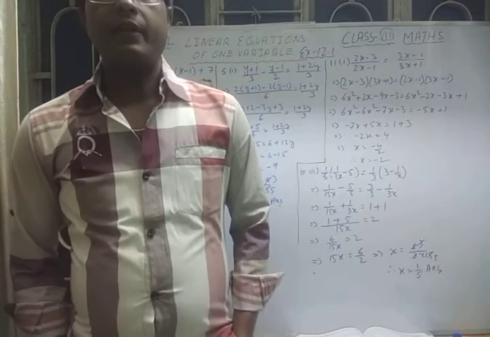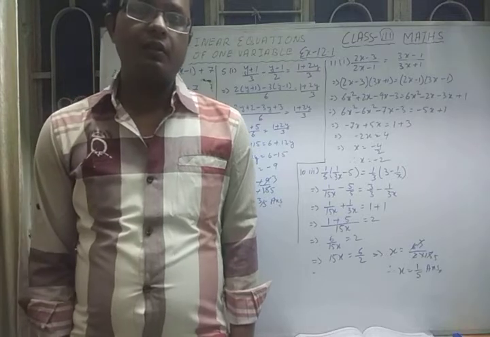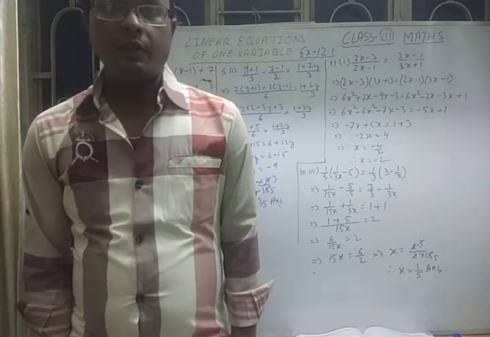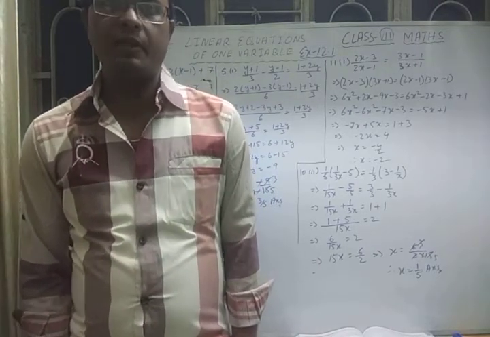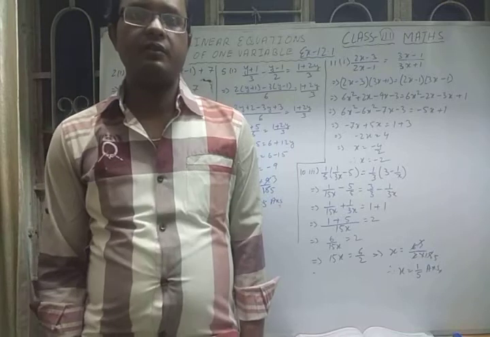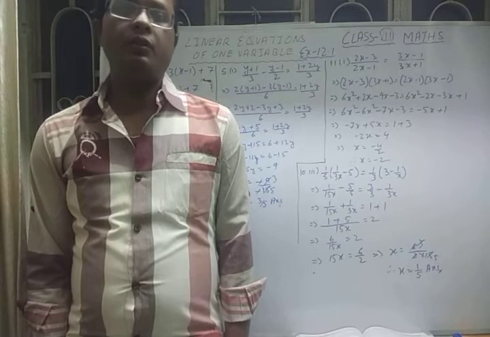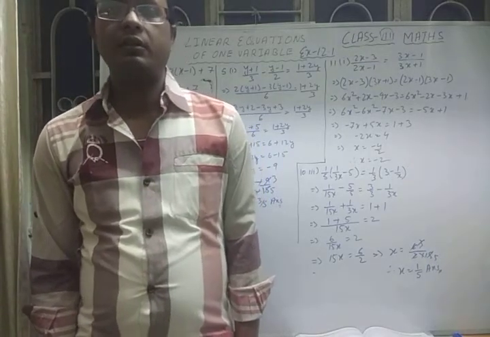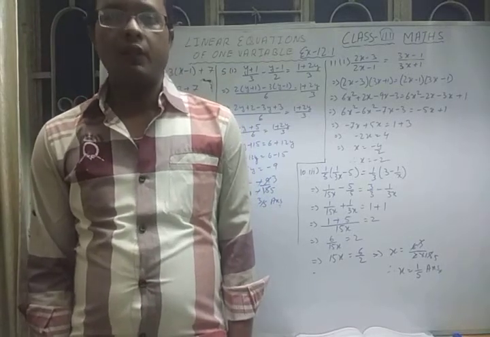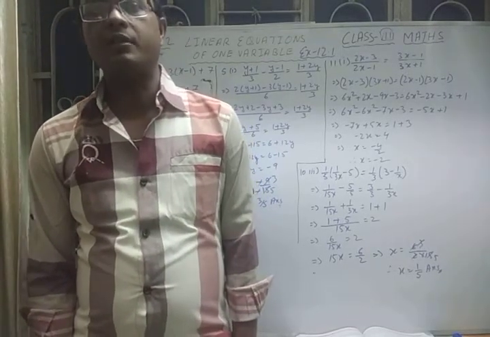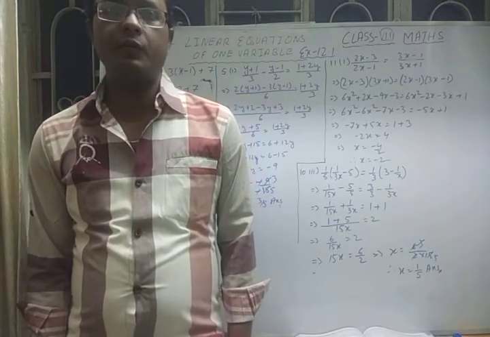In the last video class we have completed our chapter number 11, that is factorization. Today I am going to start unit test 4 syllabus, as we have already completed our unit test 3 syllabus. In unit test 4 you are having chapter number 12, linear equation and inequation in one variable, and the chapter circle. So first of all we will do these two chapters. After that we will move to our annual